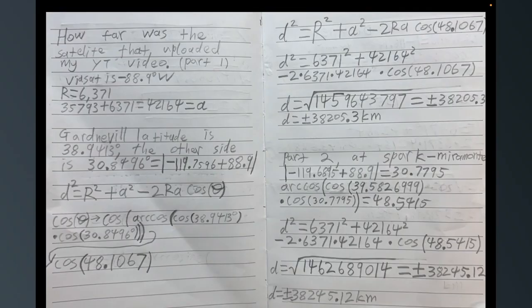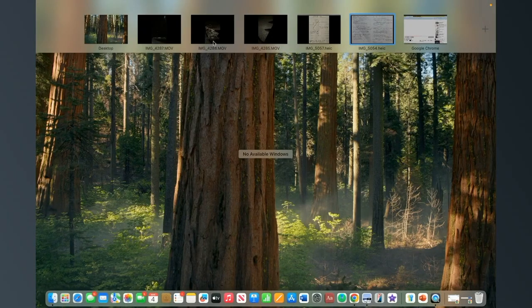So again, thanks to the law of cosine, we take the square root of the product of these numbers and the cosine of this angle theta degree. And the square root is plus minus 38245.12 kilometers. So the distance between me and the VSAT satellite is exactly 38245.12 kilometers. So this is the distance between me and the VSAT satellite. And again,